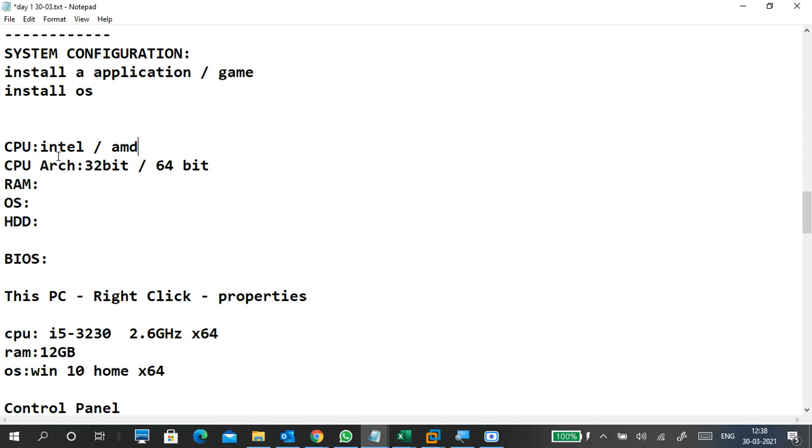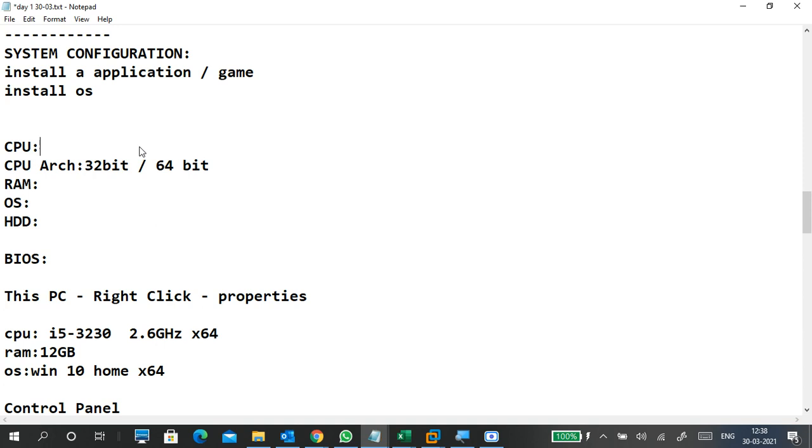Okay, so what type of processor you are using, and which generation, what type of processor it is, model and generation. So I am removing this one, I just put a CPU only. But understand, Intel processor or AMD processor, which type of model it is, Ryzen 3 or Ryzen 5, or Intel i3, i5, i7 or i9.